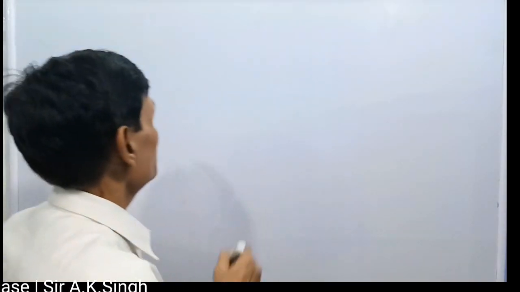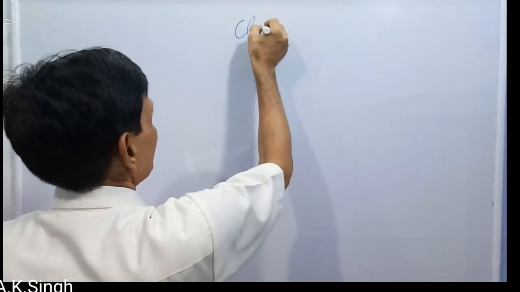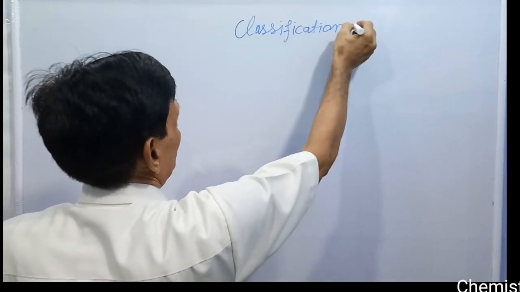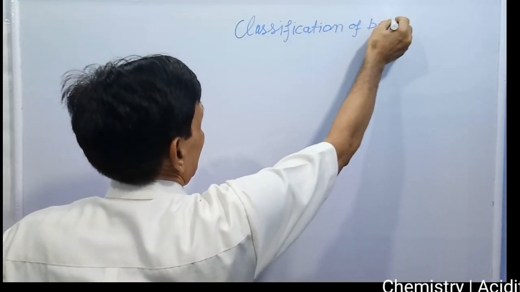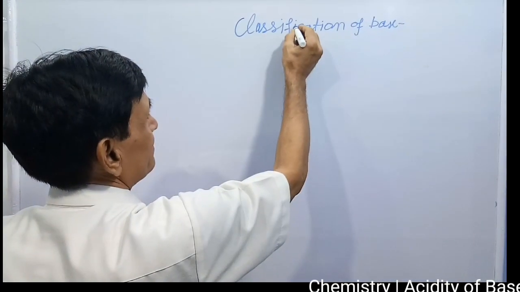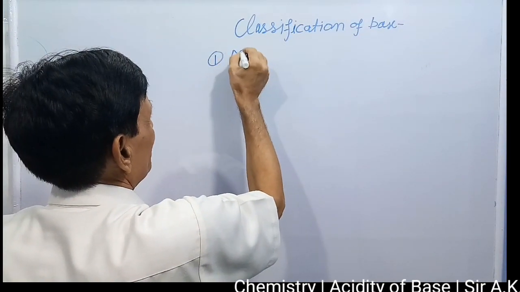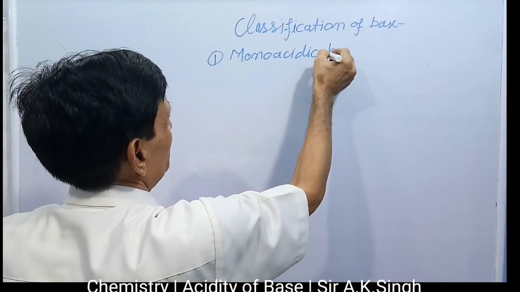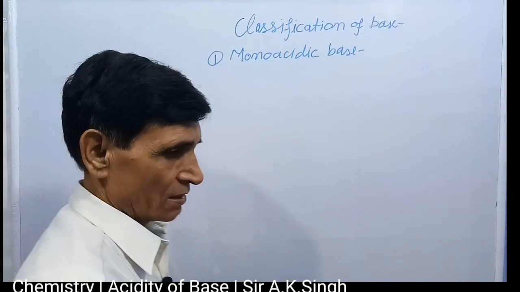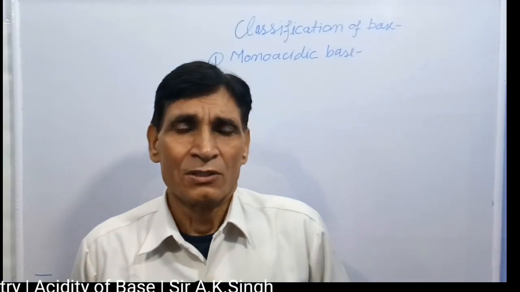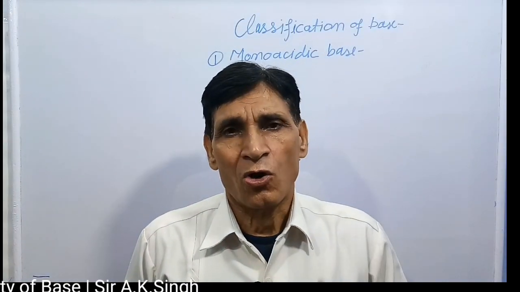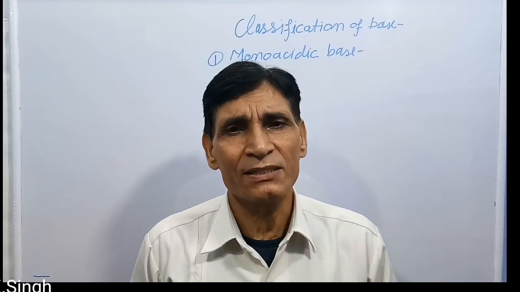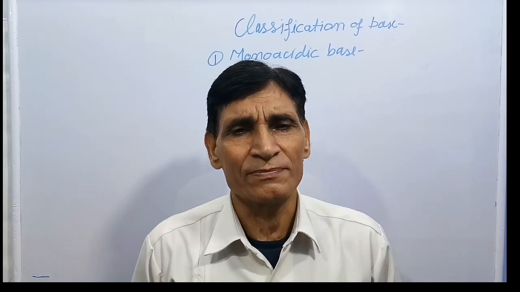Now, classification of bases on the basis of acidity. Here, first, monoacidic base. A base which produces only one hydroxyl ion per molecule on dissociation or ionization in molten or aqueous solution form